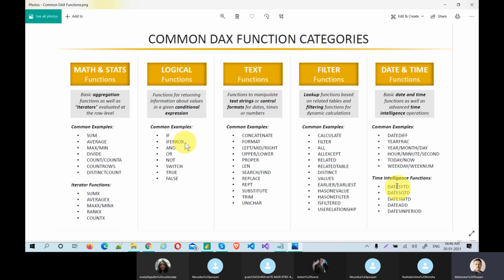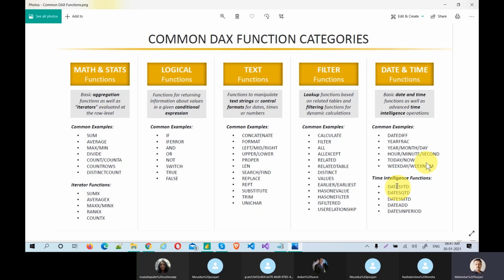So this is a subject, and that is a subject. My intent is not to give you a lecture on each. I'm giving you the efficiency, the way you learn, the way you practice, the way you survive once you join a Power BI role. That is the important thing. Otherwise, I can go and give a lecture like, use this, use that, but that is not my intent. My intention is different. My intention is pure. You should be able to work with all these functions even without knowing how to do that.